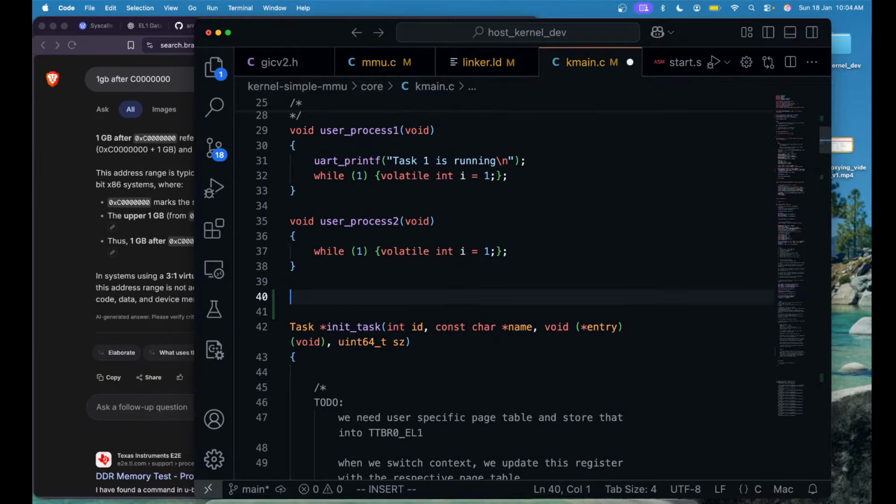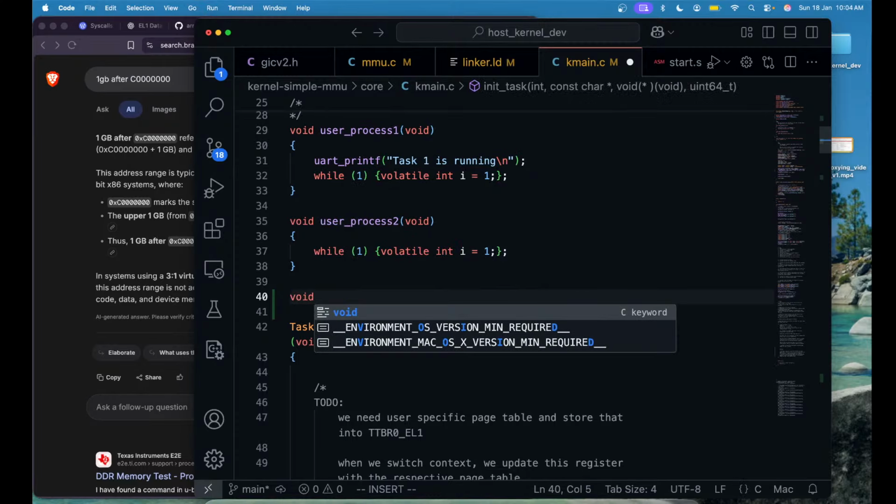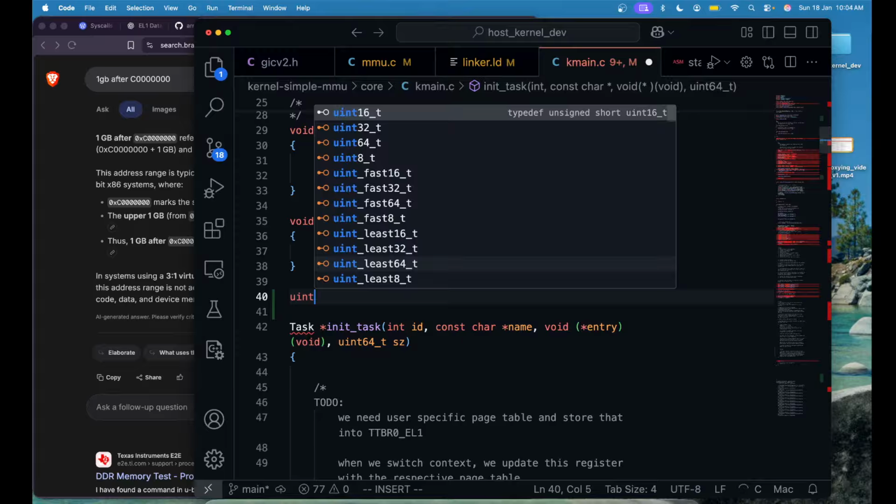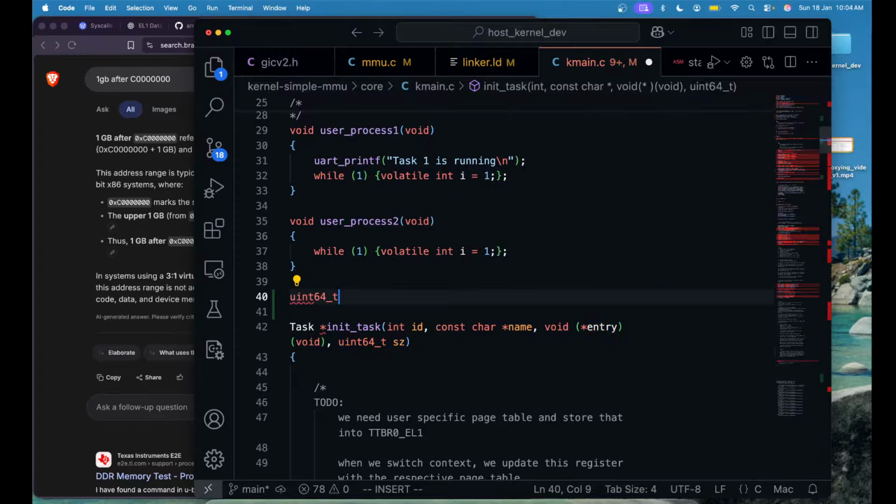What is it? It's supposed to be... no, not void. It has to return uint64, and it's going to